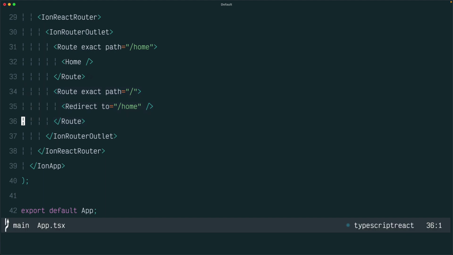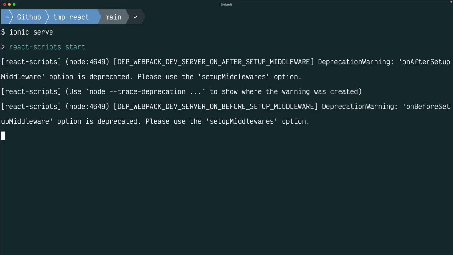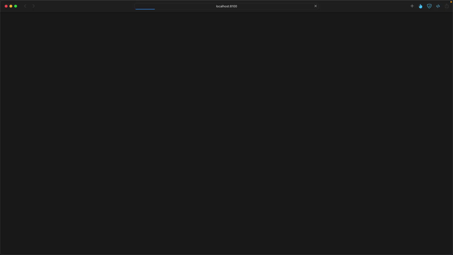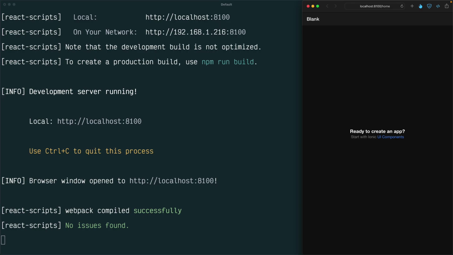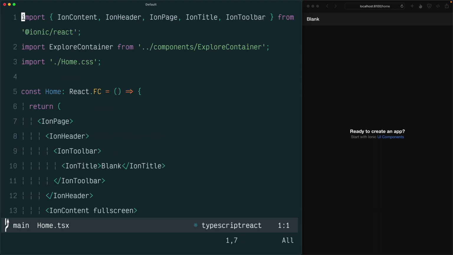So to better visualize what we have, let's open up a new terminal. We're going to run Ionic serve. And you can see it's going to run React scripts start under the hood to actually start our live reload server. And then we'll do quick little window management. Go back to our editor, and we can start to inspect the home component to see what we have going